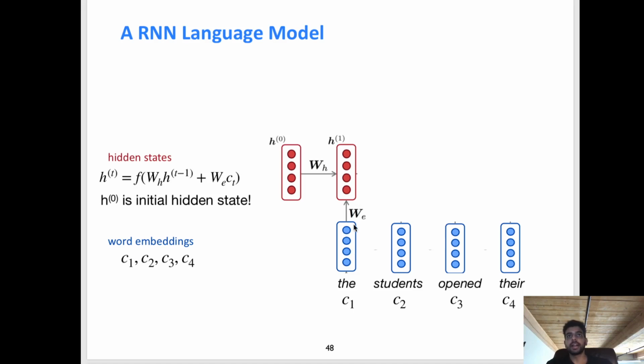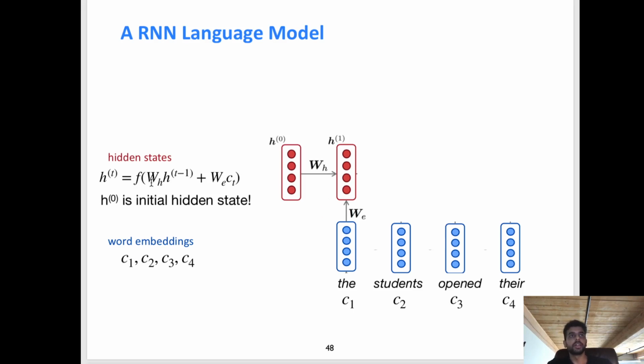This diagram shows how we're actually applying the 2 weight matrices, W sub H and W sub E, to do this integration step. W sub H is responsible for projecting the previous hidden state into a new space, and W sub E is responsible for modeling the word embedding of the current time step. We're going to use this terminology of time steps because this model proceeds sequentially, right? So in the first time step, we are integrating the very first word, "the," with the previous hidden state.